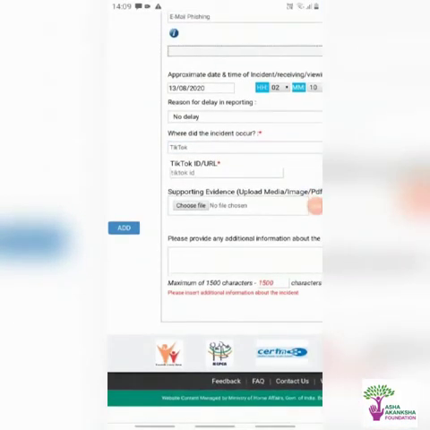Here you might also need to enter social media account details, website URL, and upload supporting evidence of the crime. So here I am entering my TikTok ID or adding a PDF file.